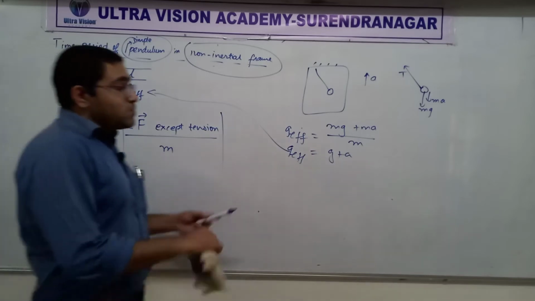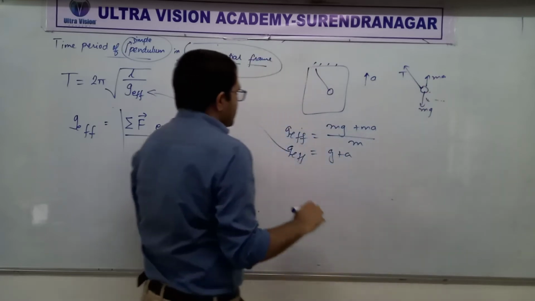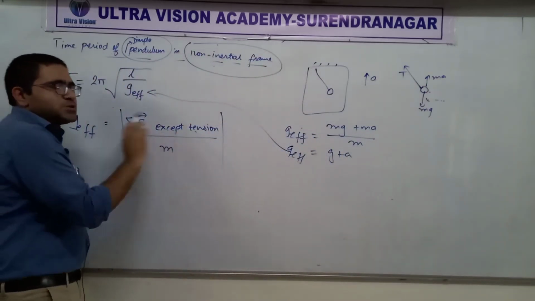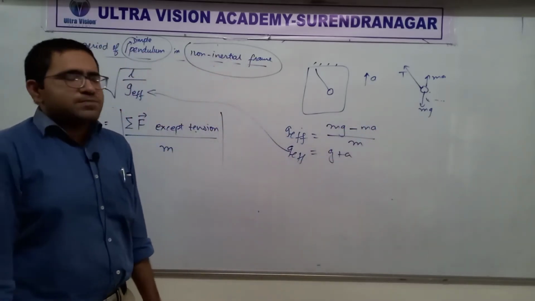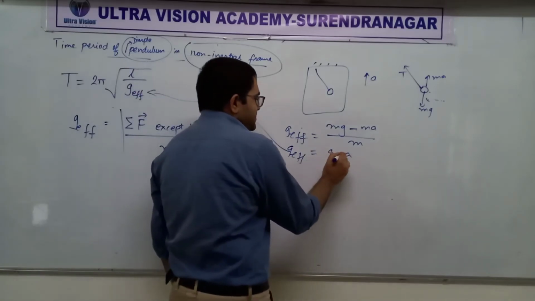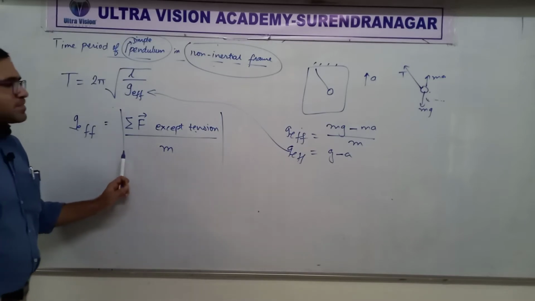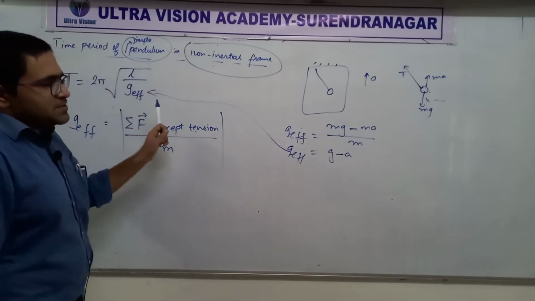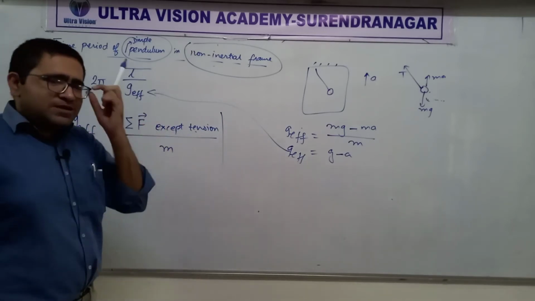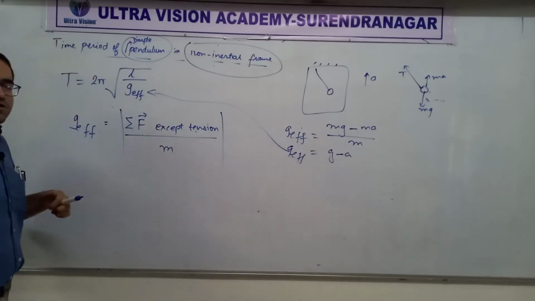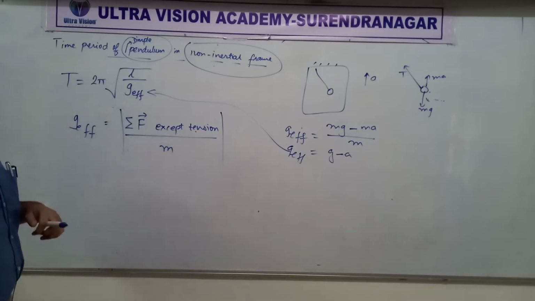If it would be going downwards, then we know that this will be in opposite direction. So here, if you want to find net force except tension, this would be mg minus ma. Clear? It would be mg minus ma, and then you get g minus a. But the real use of this formula, if you want you can write this down, I'm going to erase it soon, is not in these two cases. They are very simple. What if something is moving sideways? Then it's more useful.